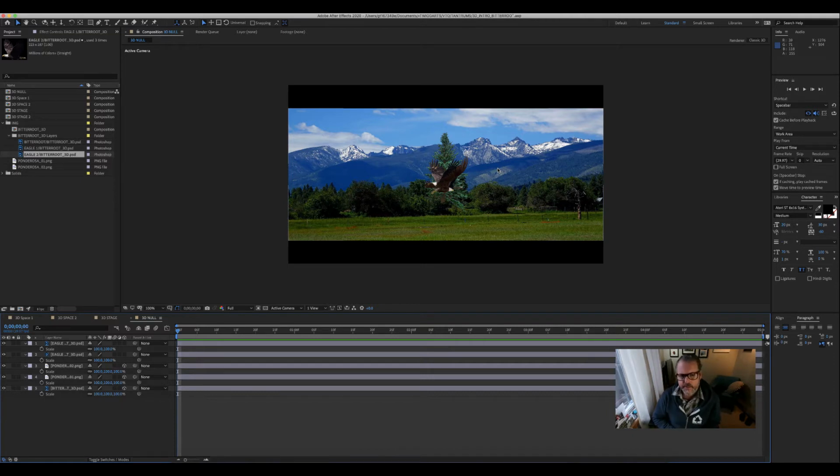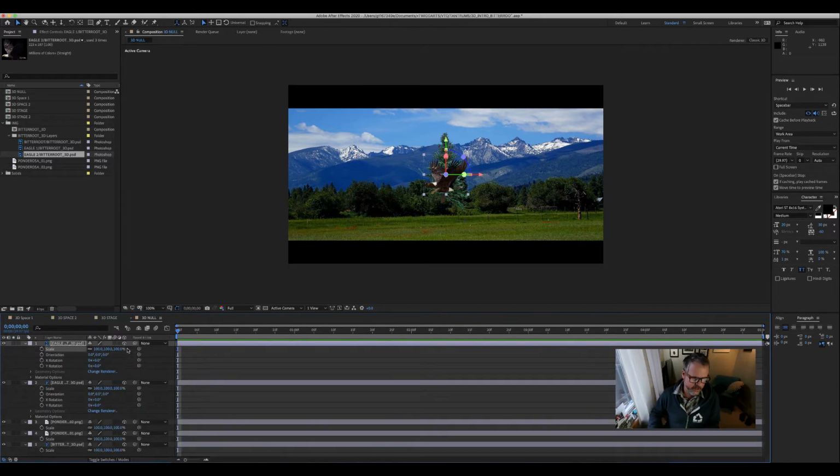But I'm just going to try to create a small experience of looking at elements that are photographic in a spatial stage. So what we see here is we have several layers. We have a bitter background. We have a Ponderosa 1, Ponderosa 2. We have an Eagle 1 and an Eagle 2. And right now, when you bring all these things in After Effects, it just plops into the middle. So we're going to make sure that everything has